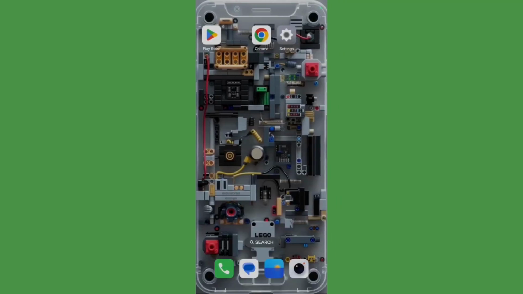How to download Minecraft in your Android device. So hey guys, welcome to this tutorial. In this tutorial I'll be guiding you through the steps on how you can download and install Minecraft in your